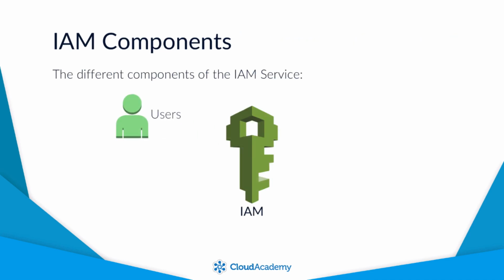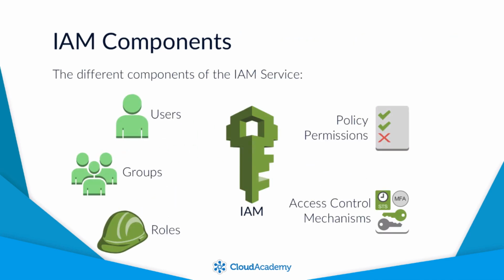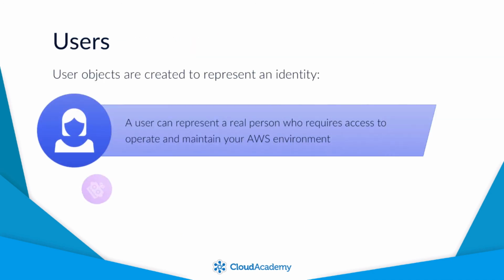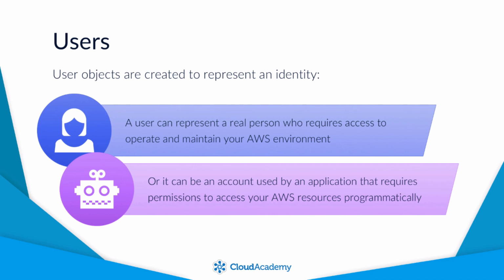Next, we looked at the different components of the service, starting with users, groups and roles. Let me just quickly provide an overview of these three components again. I defined users as objects representing an identity which are used in the authentication process to your AWS account. User objects are created to represent an identity. This could be a real person within your organization who requires access to operate and maintain your AWS environment, or it could be an account to be used by an application that may require permissions to access your AWS resources